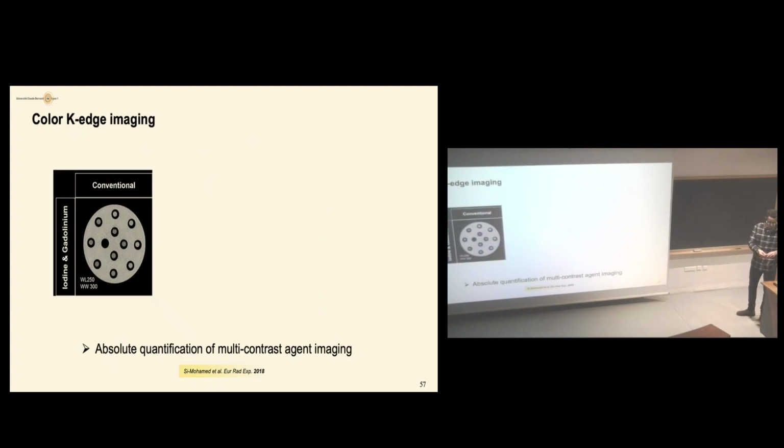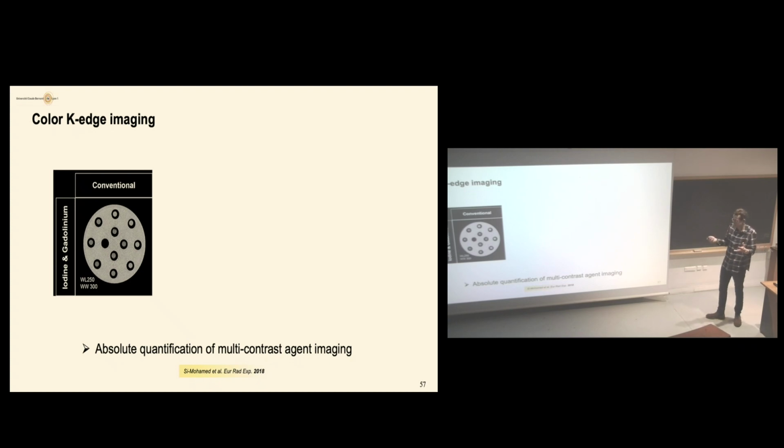So that means that you will be able to identify specifically a contrast agent based on its K-edge, which will show you some important advantage. You see here our phantom with circular inserts. All of these inserts are showing similar or the same attenuation values, around 280 Hounsfield units. However, in this insert, we mixed two different contrast agents.